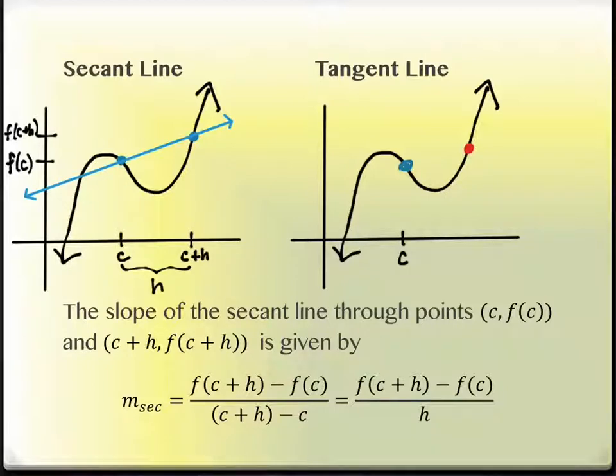This red dot is getting closer and closer to the blue dot, so the line that connects them continues to change. Sorry, this is what happens when you're trying to draw it. That's pretty good. The point you're moving toward alters the line as you move, and eventually the point gets so very close